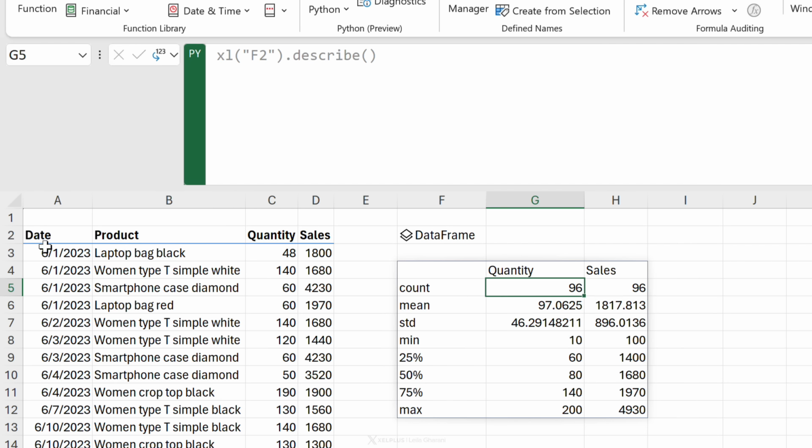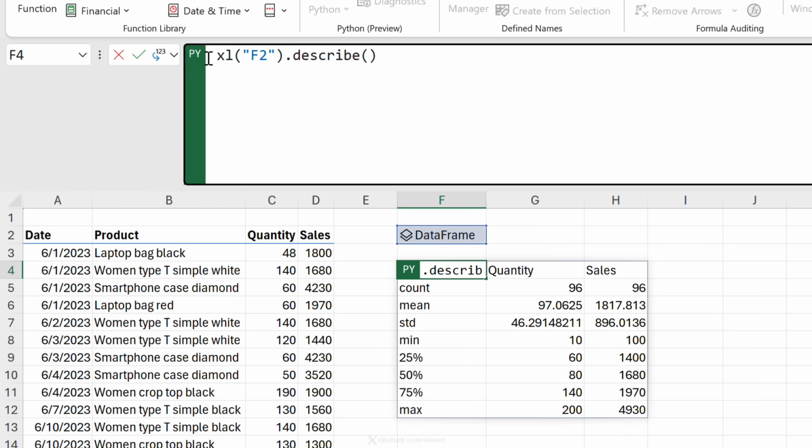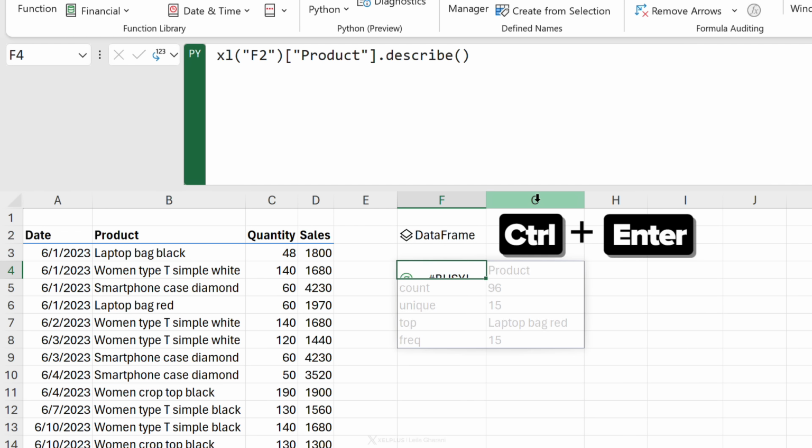Now, if we take a look at our data set, we have date, product, quantity, and sales. Now, let's say I wanted to describe the product column. I'm just going to adjust my function. Right after I reference the data frame, which is the data set here, I'm going to put in my column, products. The way you reference columns is by opening up the square brackets, similar to referencing Excel tables, and then typing in quotation marks the name of the column header, in this case product, and closing the square bracket. Press Control Enter,